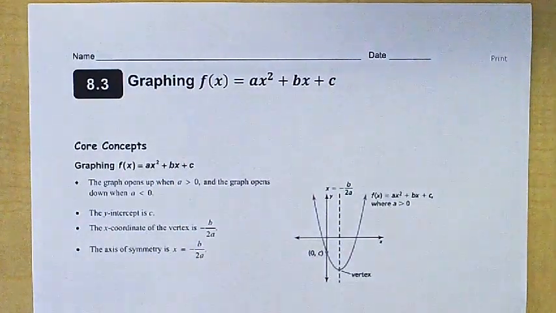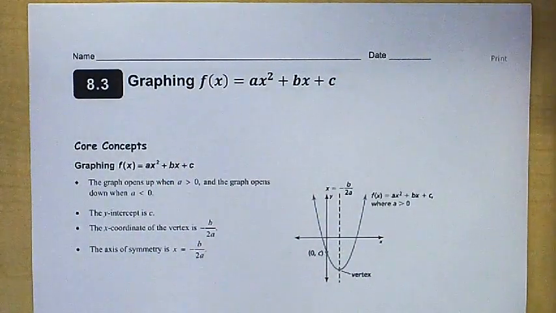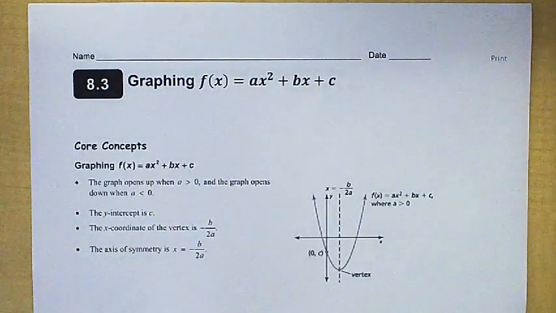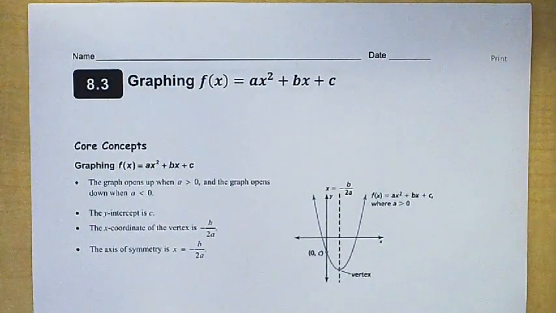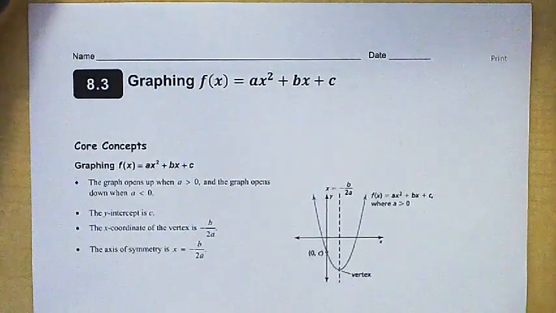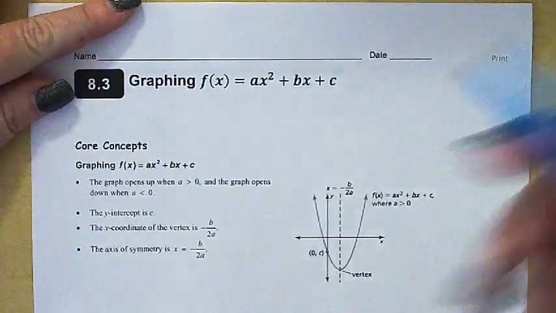Okay, today we're moving on to 8.3. We are going to graph the function ax squared plus bx plus c. We have added in that linear term with the b there in the middle. So when we take a look at this and break it down a little bit, we see that this a